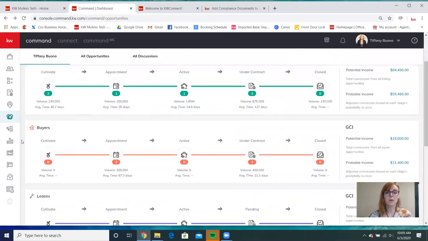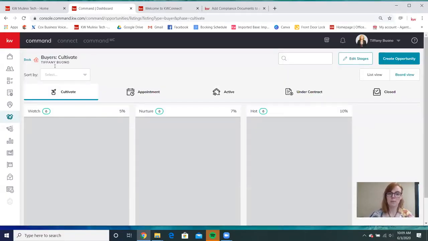pipeline here. And then you have the same for the buyer pipeline, same thing applies. So this cultivate, appointment, active, under contract, close will always be named as such, and they will always remain that way. However, when you click on it for a buyer, you will see that there is the same type of stages set up, and you can edit those stages. So if for a buyer, there is a process that you have, which is different from that of a listing, you may want to have additional stages in here, or these stages may not apply to you. Another thing to consider is